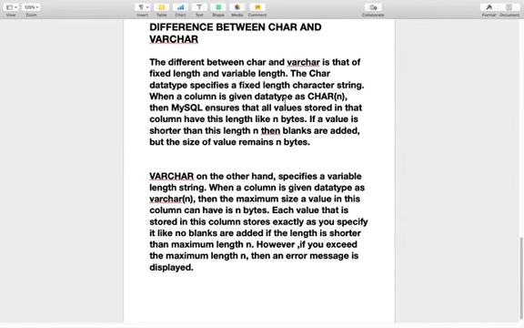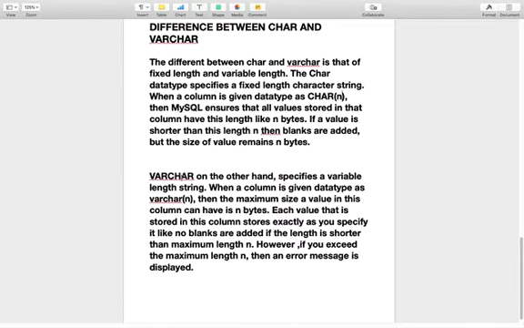When a column is given the data type char n, like char 10, then MySQL ensures that all values stored in that column have this length of n bytes. If a value is shorter than n, then blanks are added but the size of the value remains n bytes. So if we define a character data type of length 10 and we store 5 characters, the remaining 5 will be blank and the length will be 10.